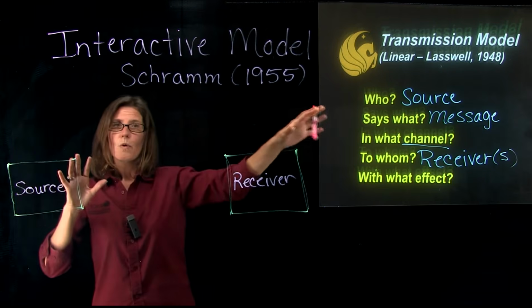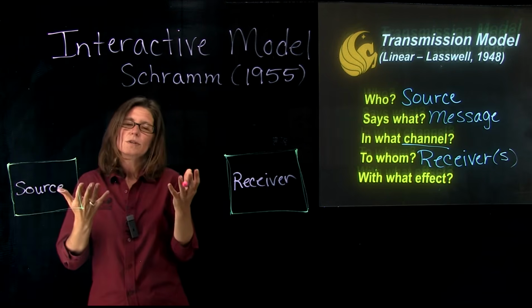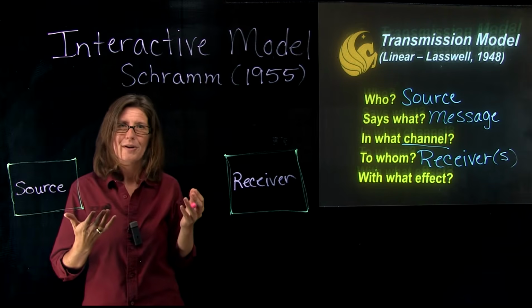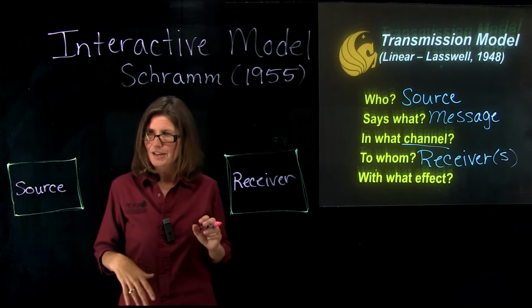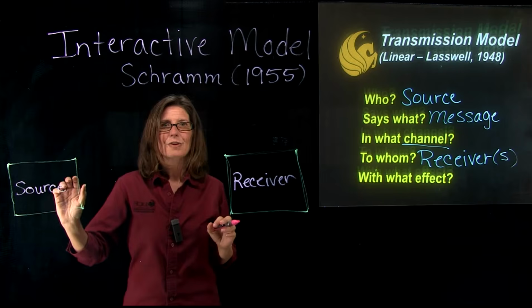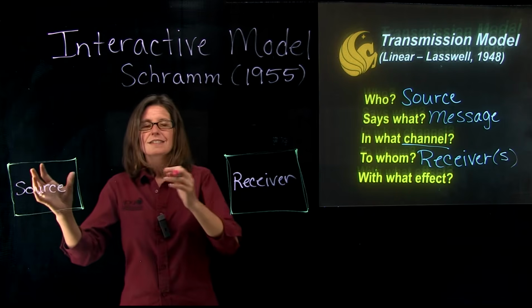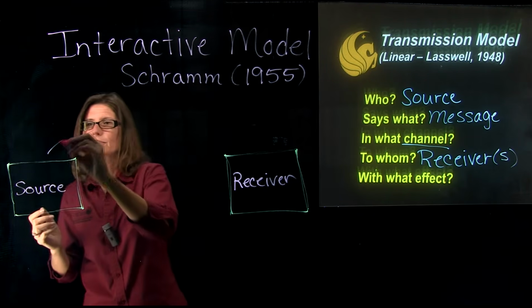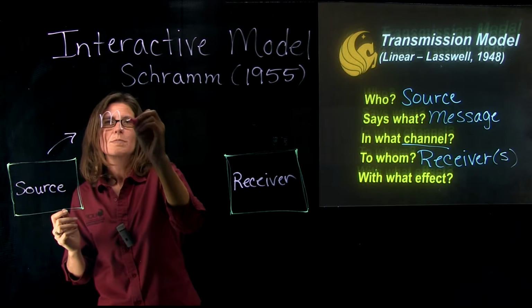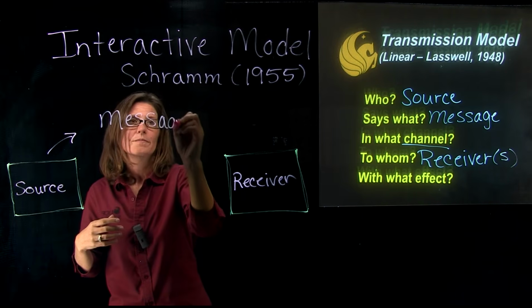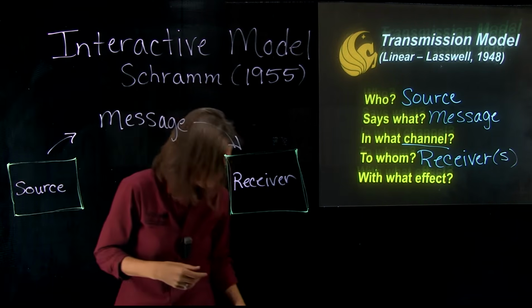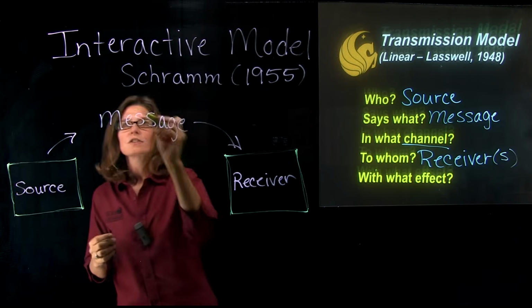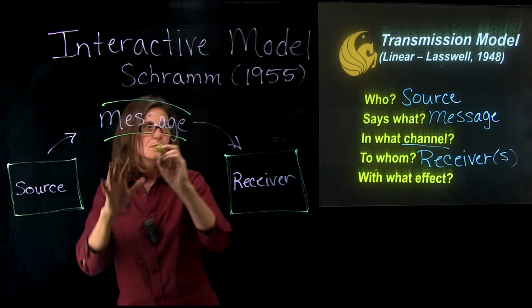So same as what we've had before, but now we have the language emerging that we use nowadays in modern communication to explain the SMCRE model. The cool thing about the source is, of course, it's sending the message to the receiver. So we have the message being sent, of course, through a channel to the receiver. We always want to remember that there's a channel there. Same thing as we've had before.